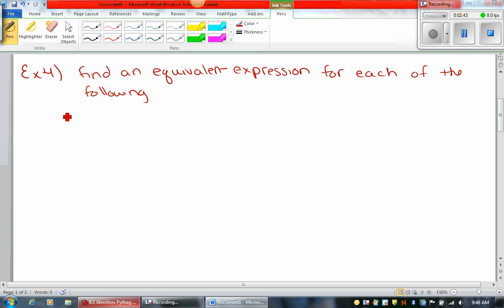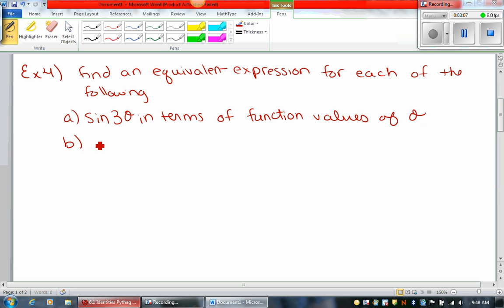So A, we're talking about sine of 3 theta in terms of function values of theta. And then B, we're going to find cosine cubed x in terms of function values of x,